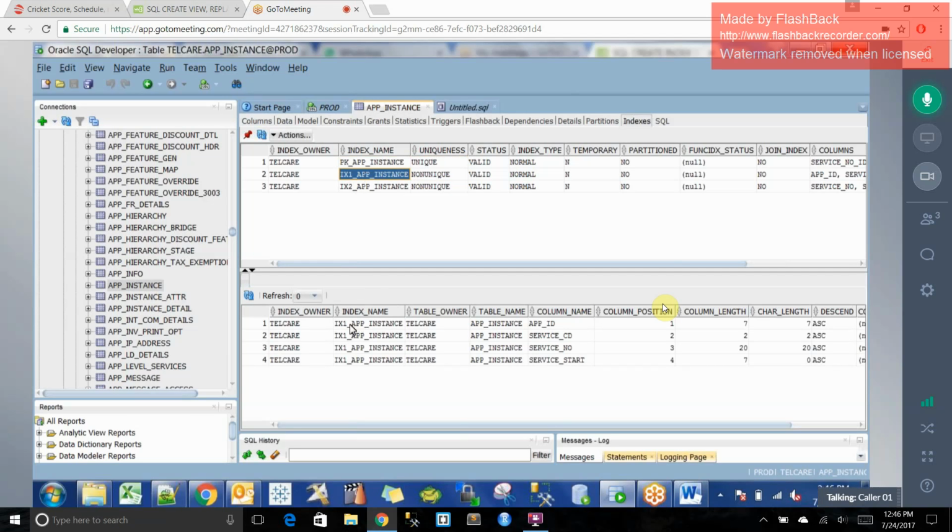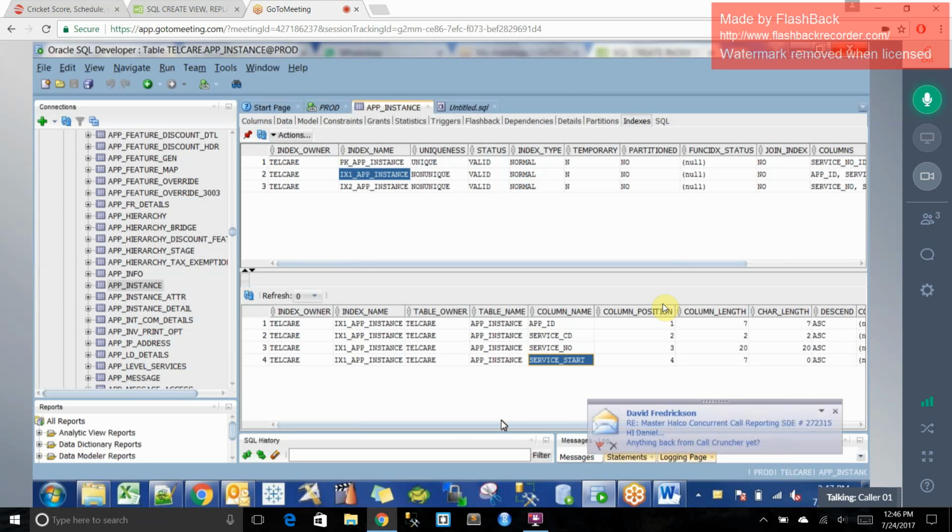Let's see what those fields are. As I told you, for one index you can select multiple columns. Here you see for this one non-unique index they selected four fields: app ID, service code, service number, and service start. Combined together they are one index, non-unique, but one index. That means it could have duplicates with these four columns. There could be the same app ID, same service code, same service number, and same service start date multiple times. It doesn't matter,